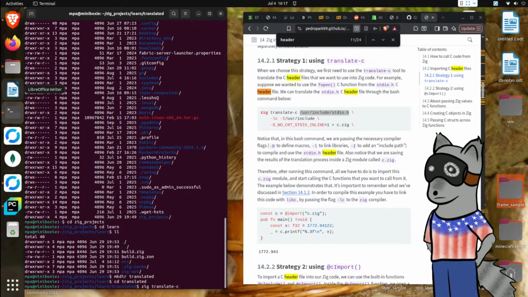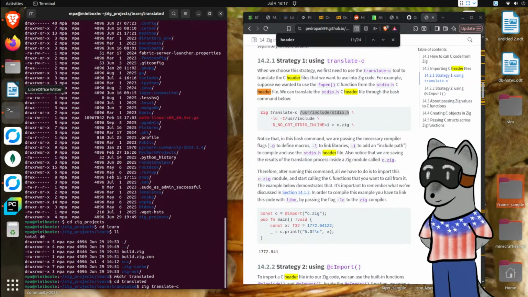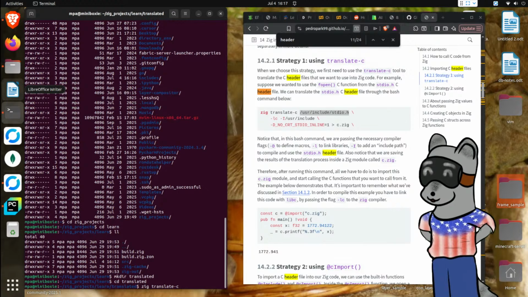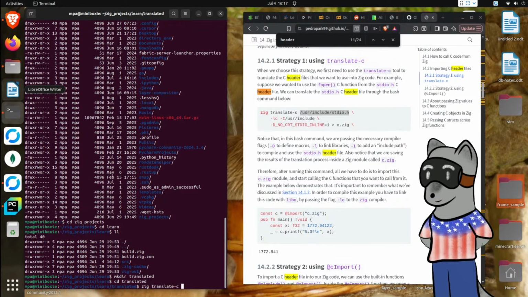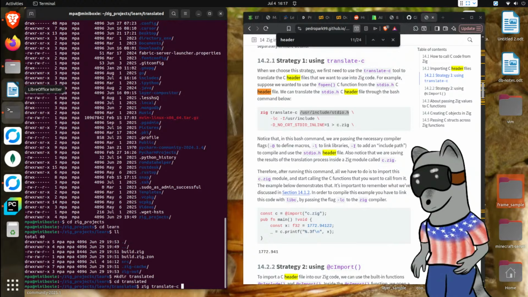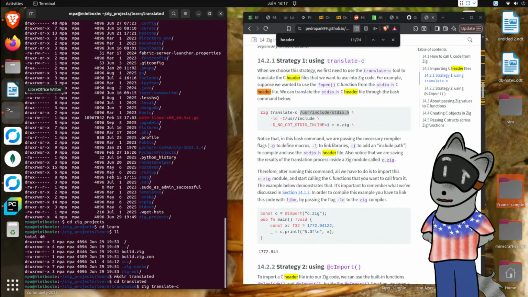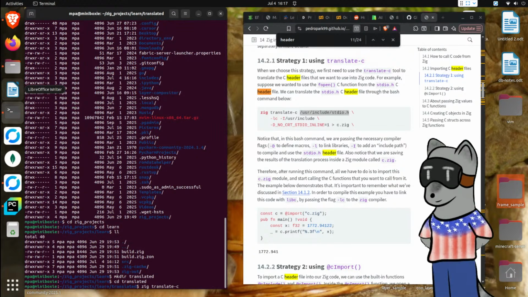Actually, if this works, maybe what I should do is start copying and pasting all of the files. Well, technically I should do it by hand myself right now, that way I can learn the syntax. Then eventually, once I become proficient enough that I start remembering these things, I could use this translate. Because if I could just translate all of the files, I wouldn't have to do it myself. But as I said, I won't learn it if I do that. So for now, let's go ahead and